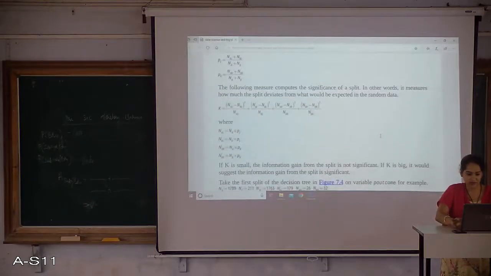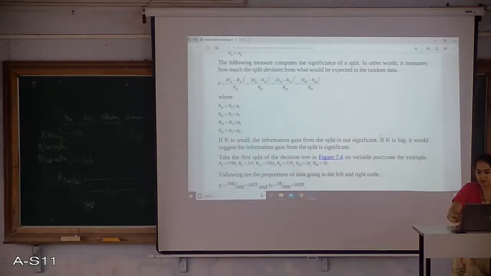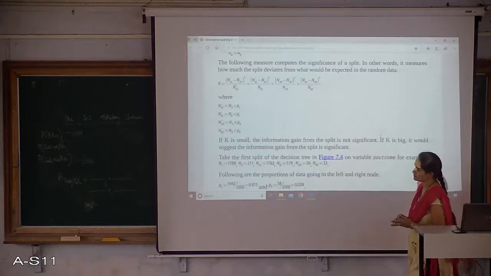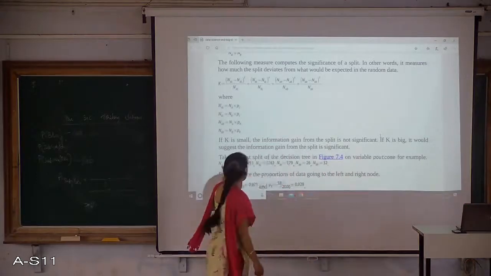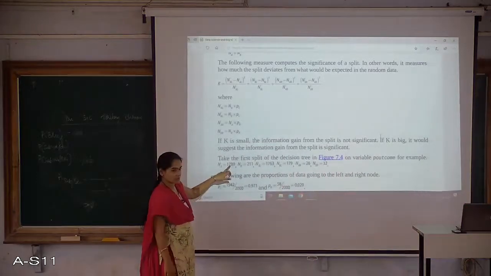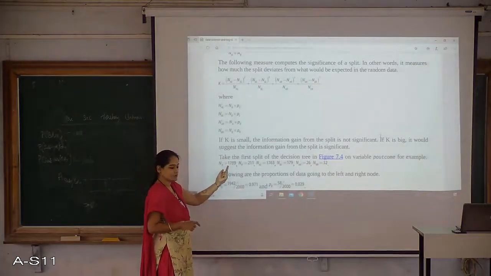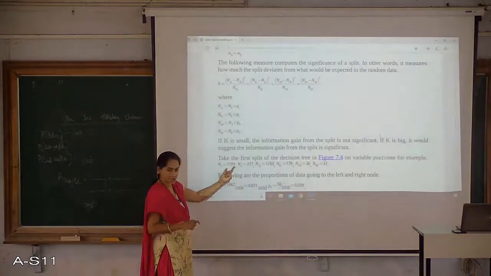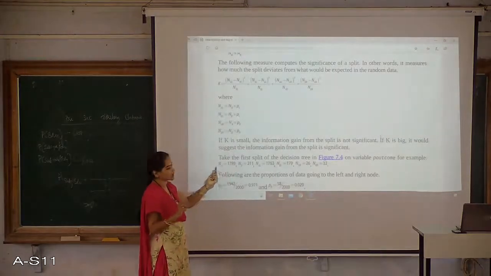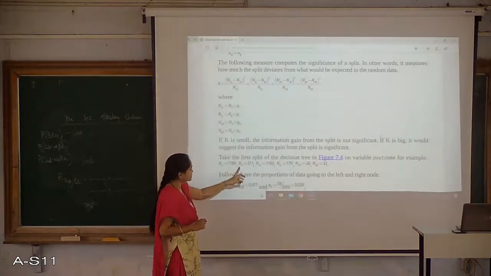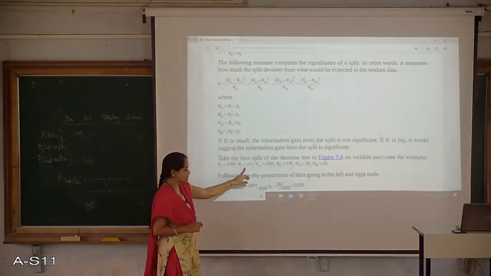So coming to this example, based on the P outcome, as I said, how many no cases are there in the overall data set? There are 1789 no cases and 211 yes cases out of 2000 entries. So that is the S cases.